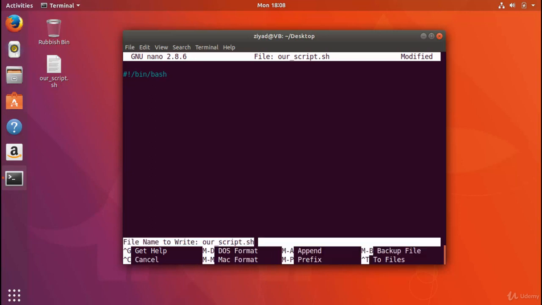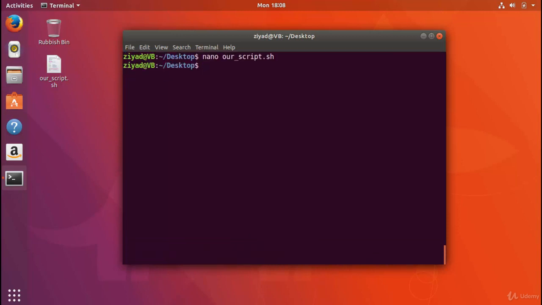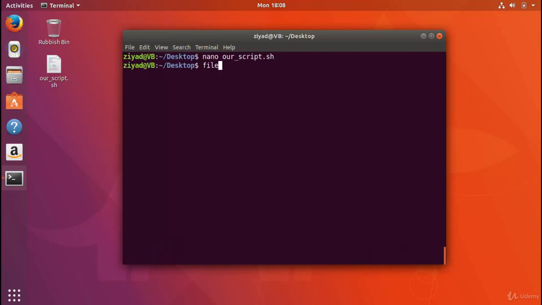Now /bin/bash is the path to our bash interpreter, and we can see that if I close out of Nano and use the which command and type bash, we get /bin/bash as the path to the bash shell. So what we're saying here is, hey, this isn't a normal text file. You need to interpret this file using the bash shell interpreter. Run this as a bash shell script, and the key is this line needs to be the first line. It cannot be the second line. It has to be the absolute first line, and there can't be any spaces on the line, so you finish the line right away. And when we save that, now if we look at the script with the file command,